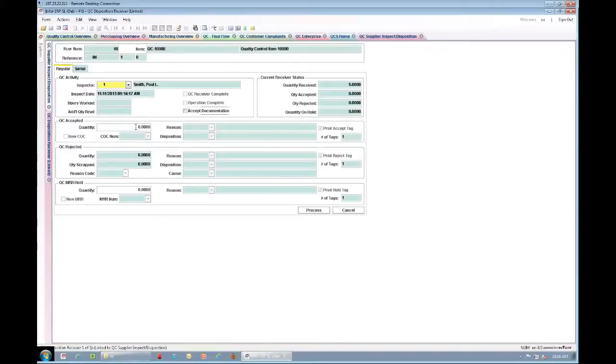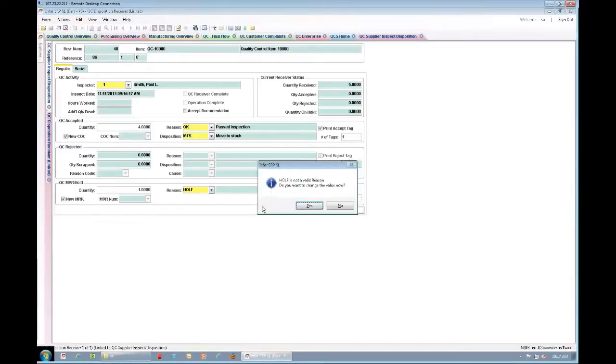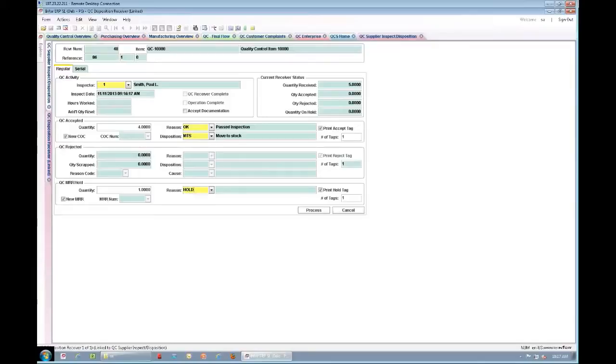But we're going to come in here and, let's say, we'll accept 4 of the 5 pieces that we had, and you're going to be able to set up reason codes and disposition codes based on the information that you want to be tracking. Again, I could print tags for the good units and or the unaccepted units. So we'll have one item fail here, and okay, and we're going to hold this and actually have it create a material review record to be able to